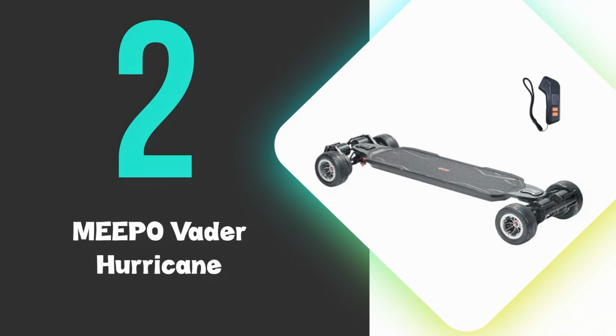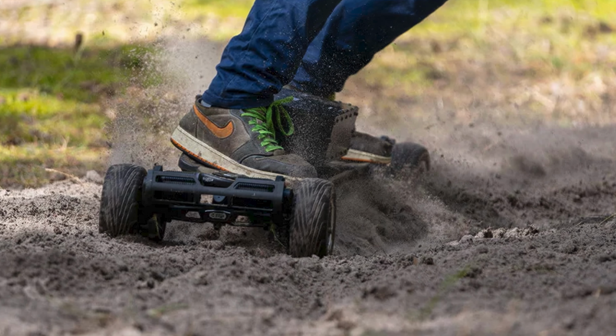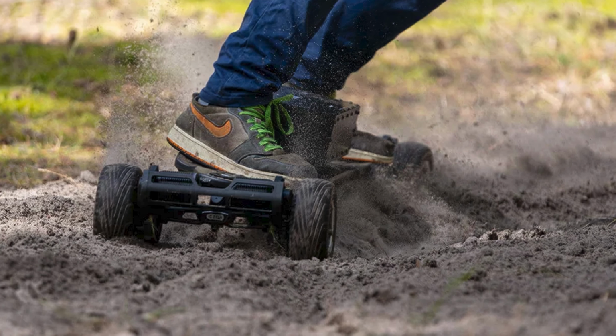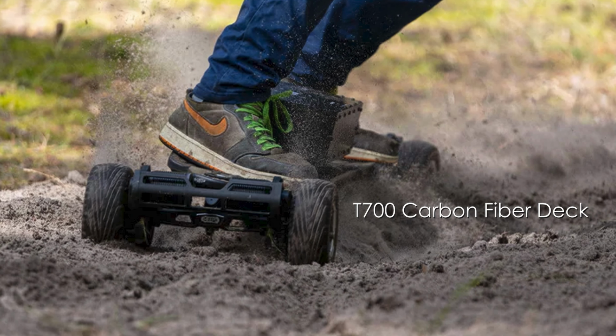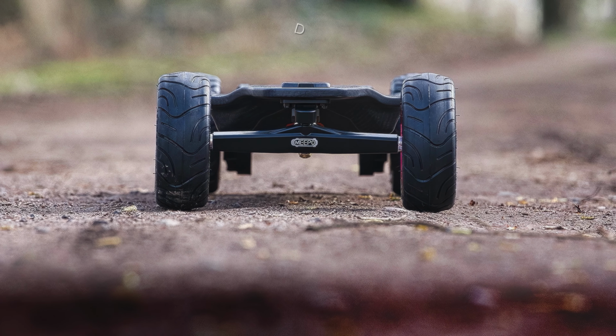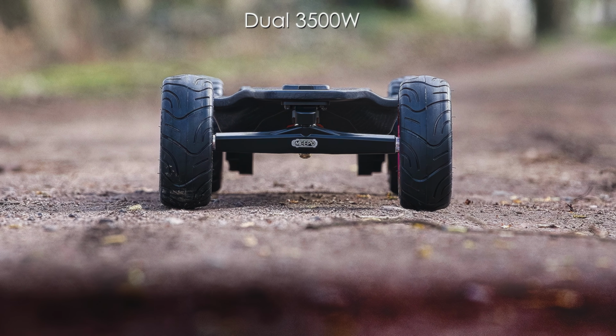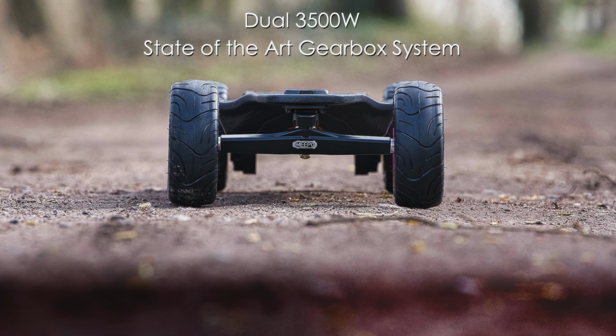At number 2, we have the MEEPO Vader Hurricane Pro. This is our runner-up pick and stands out for its exceptional build quality, featuring a premium T700 carbon fiber deck with dual concave footwells for superior control and stability. The board utilizes powerful dual 3500-watt motors paired with a state-of-the-art gearbox system, eliminating common belt maintenance issues while delivering